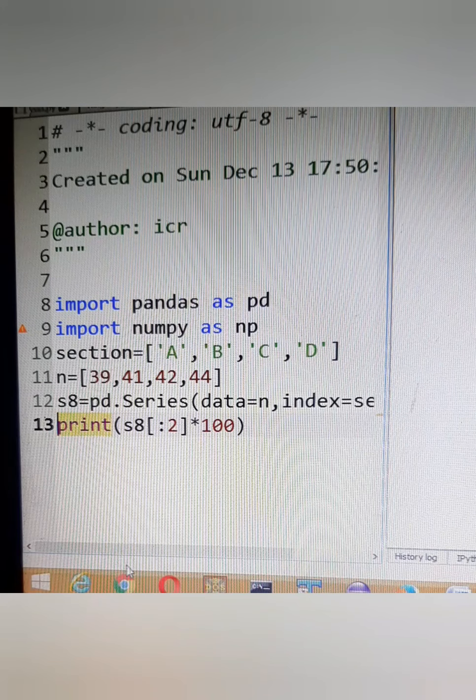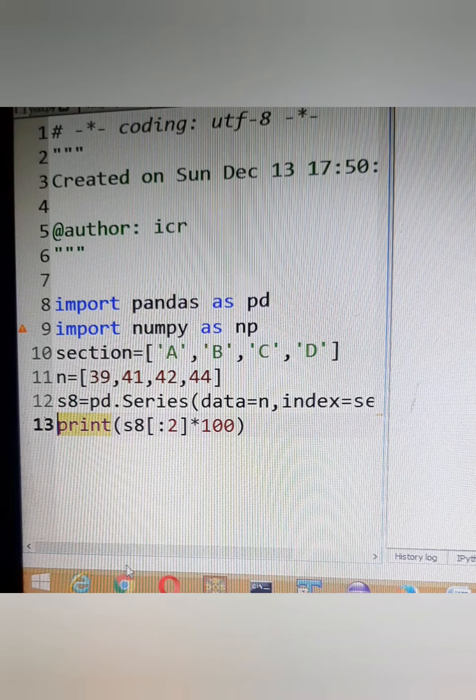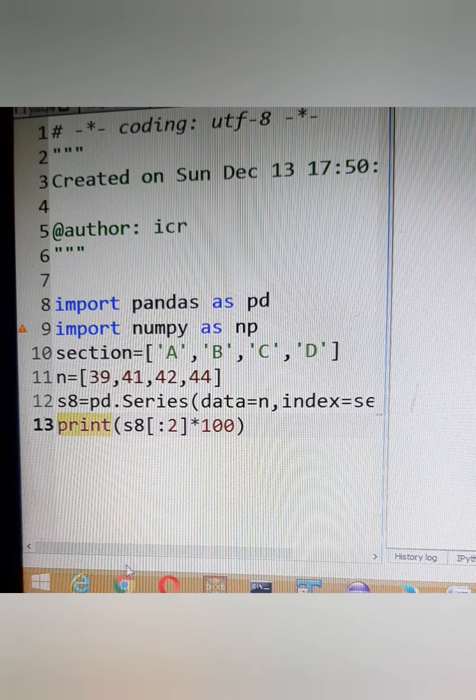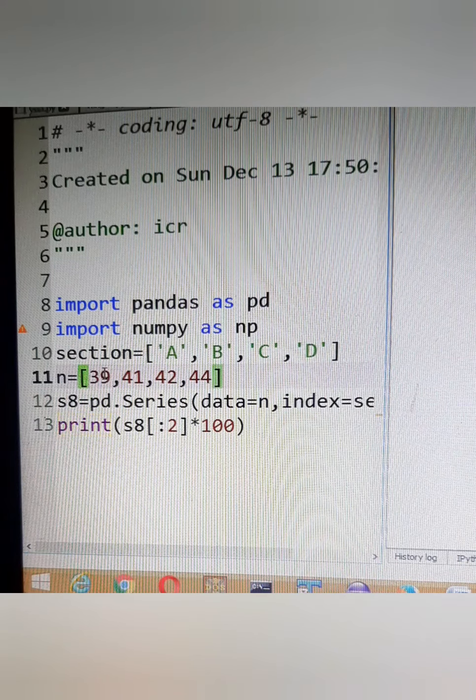Students, in today's session we have to look at the operations that have to be done on a series object. Suppose at any case you want to change the value of a series. This was the S8 series of Pandas, which was having data as 39, 41, 42, 44, and the index was A, B, C, D. Now if at any point I want to change the value at index position A, instead of 39 I want to put 49.